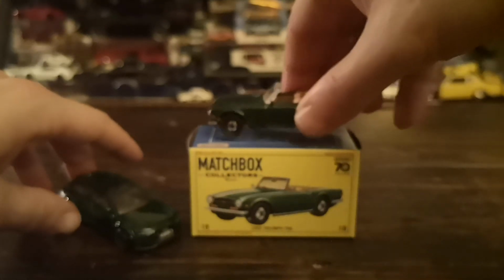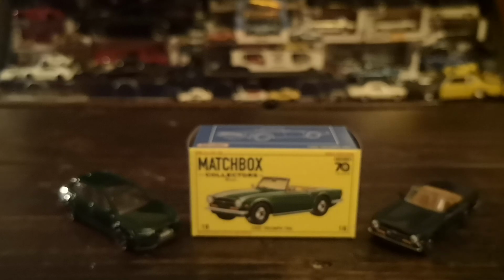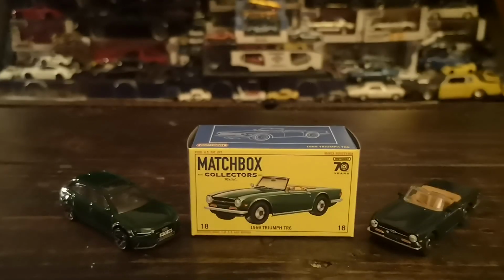I'll put it right up here, or right here. That's fine. Ooh. There we go. All right. Next up, I'm gonna go into a couple Green Lights that I picked up. First one that I picked up is definitely one that I'm very happy to